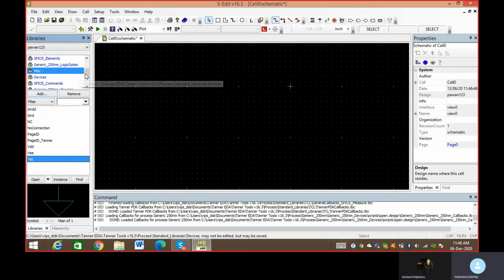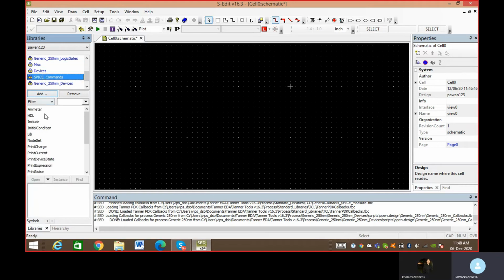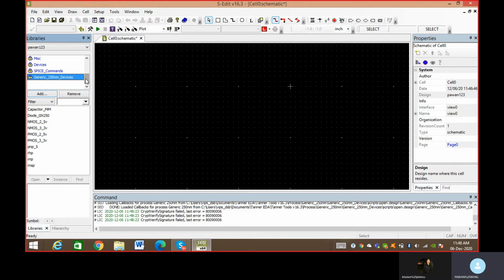Similarly, in the spice commands there are libraries, so many things, so you just explore it on your own, right? I am just creating an inverter for you so that you can understand how to create an inverter in this. After that you can design anything. I am just telling you only one thing.